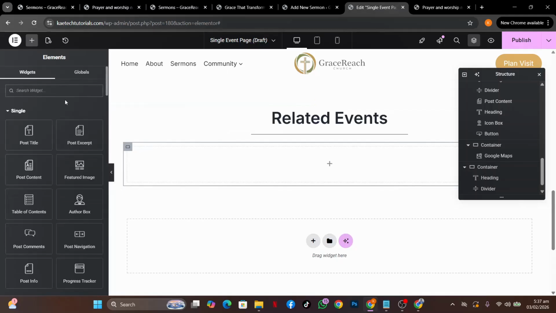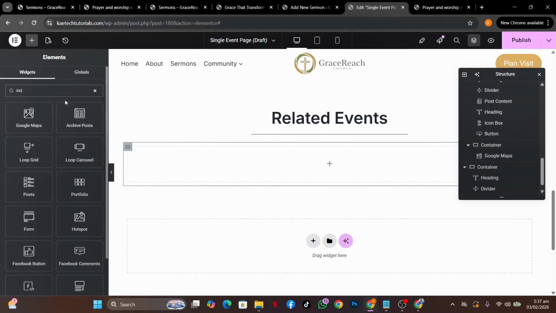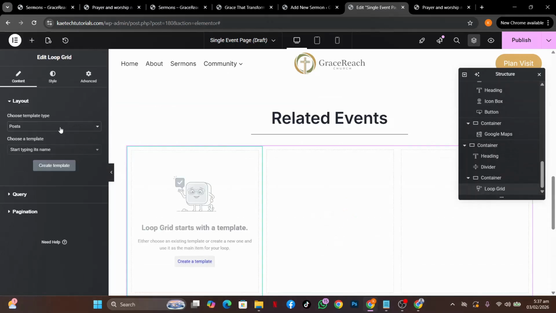Okay, so I'll just look for the loop grid. Okay, put it over here, and what I'll do is I'll search for the loop item, which is the event loop,